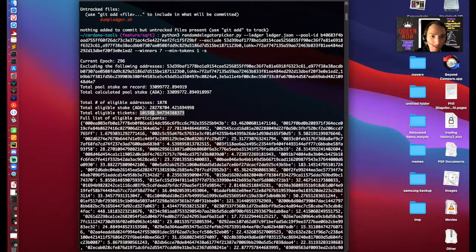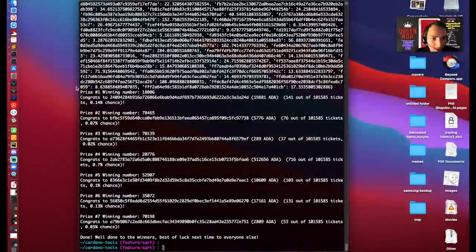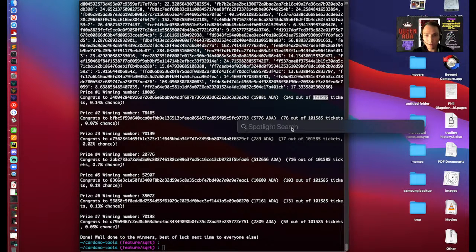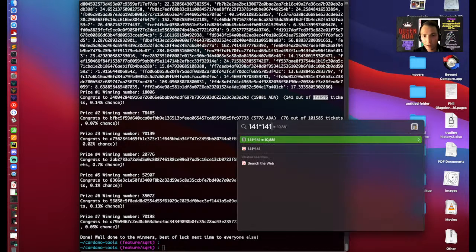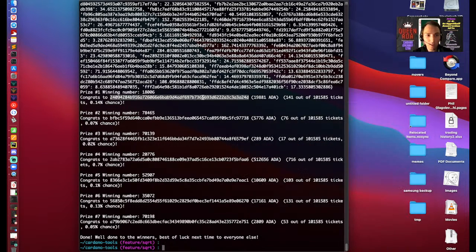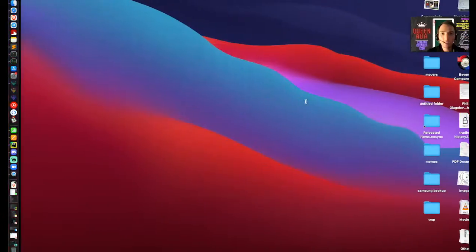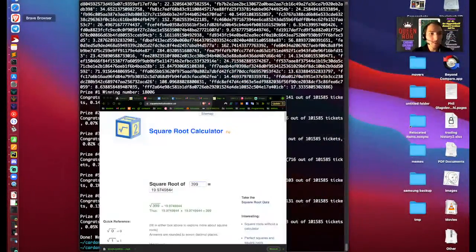So this is the result of the square rooting of each person's ADA. Now the winning number here, let's check this guy, 141 out of 100,000 tickets. Let's multiply 141 by 141, and that comes to around 19,000 ADA. Let's check that they have around that.